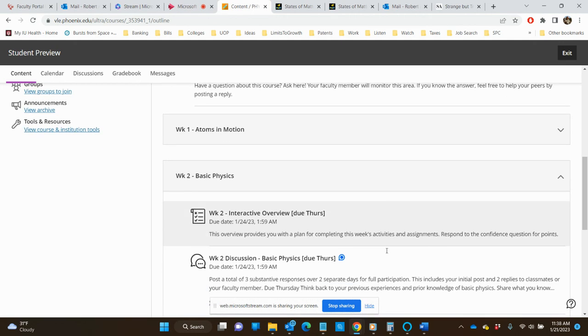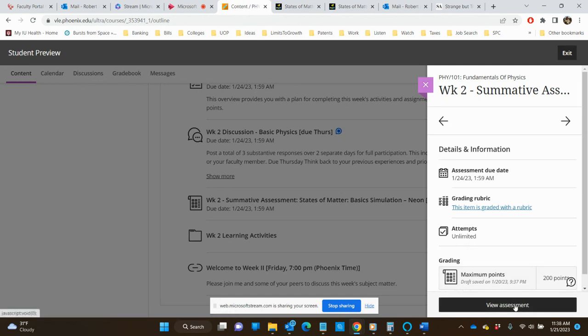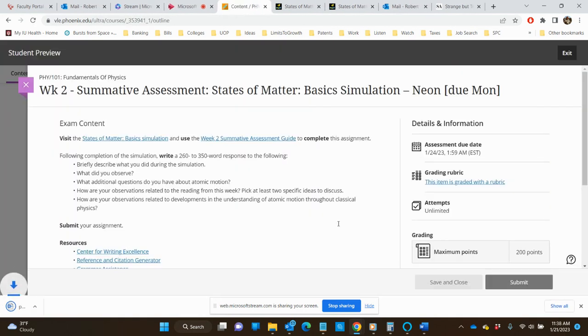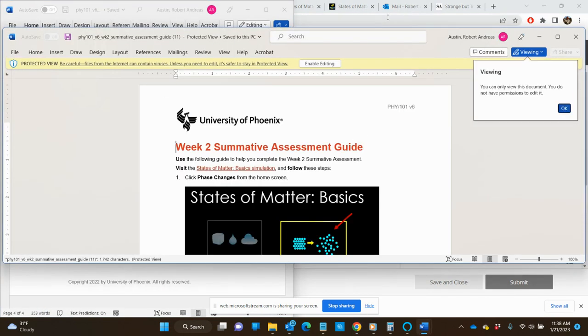So, we're in week two. Go down here, click on the link, view the assessment. First thing you want to do is open the guide. Those are the instructions, so that's a download. If you don't see it in Chrome, at least the way I have it set up, I see the download immediately, and then I can click on that and it opens. If you don't see that, just go to your downloads folder. It should be there. So open it as a Word document, and